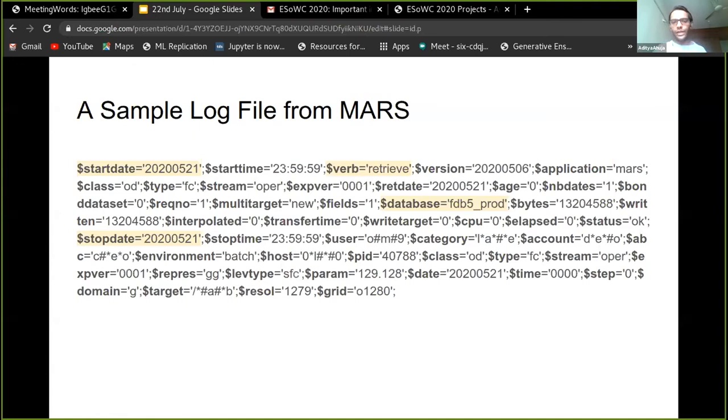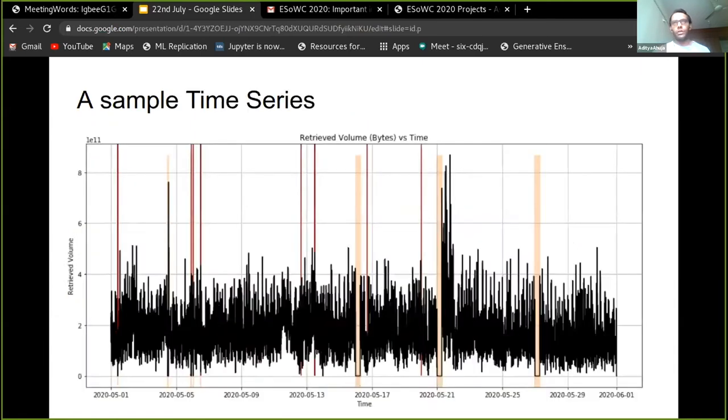So what we did was take all these logs and filter the interesting keywords from them, and aggregate them centrally so that we can model time series of different variables, such as the number of requests sent in unit time, the data retrieved, or the amount of data delivered. We aggregated all of these in a central database, and then we can use these to make time series. And on those time series, we can apply machine learning methods.